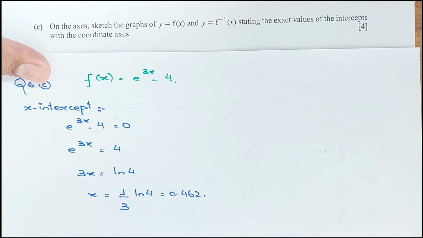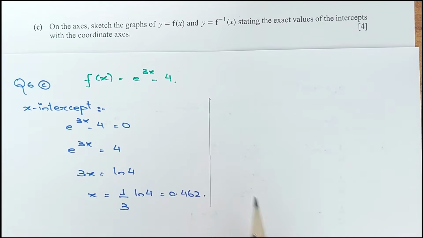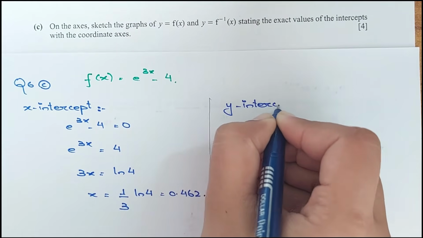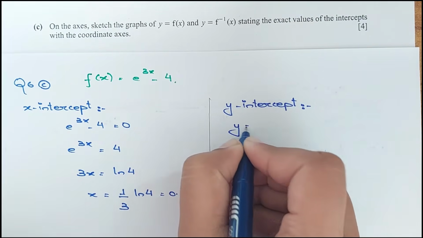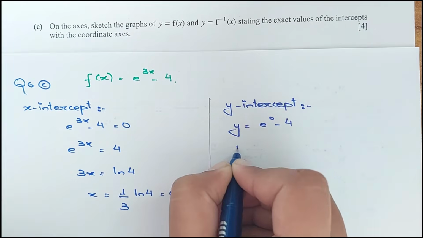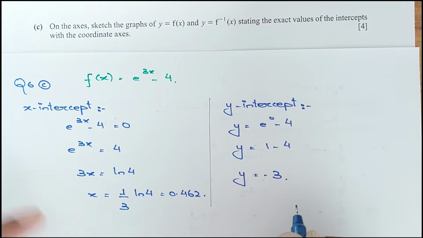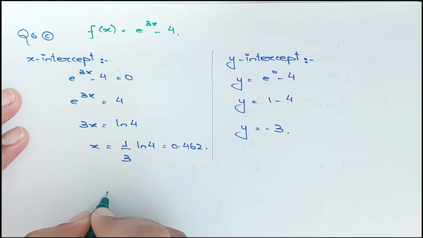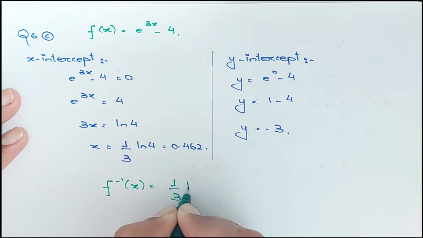Right, now let me solve the y-intercept, the other side, for the same function. For the y-intercept we have to put x equals 0, so y equals e power 0 minus 4. e power 0 is 1, and 1 minus 4, so y is minus 3. This is for f of x, and we know that for f inverse of x we have to switch the intercepts, right? So if I have f inverse of x, which equals 1 by 3 ln of x plus 4,